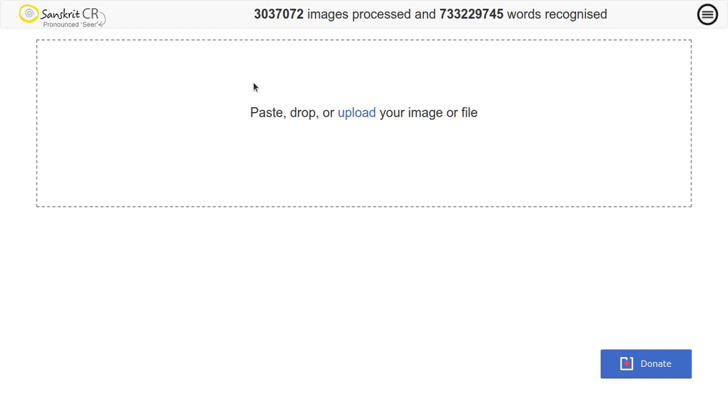Before getting into Sanskrit OCR, let us look at the steps involved in the development of an OCR. There are 3 steps involved in this process. First one is pre-processing, second one is text recognition, and third one is post-processing. These 3 steps are mainly involved in building any OCR.